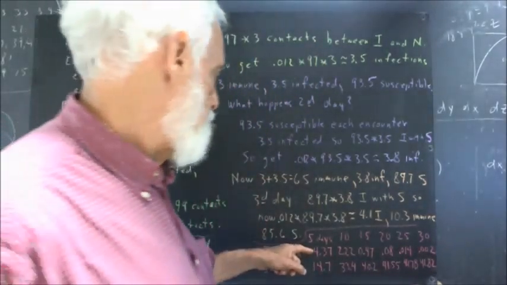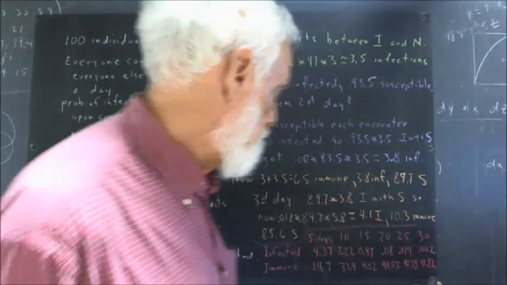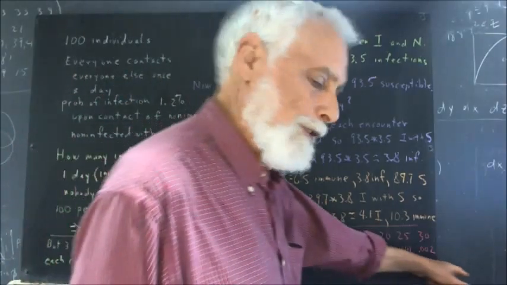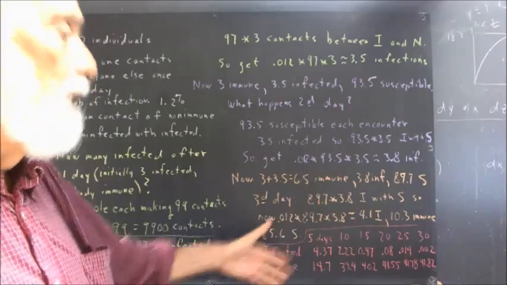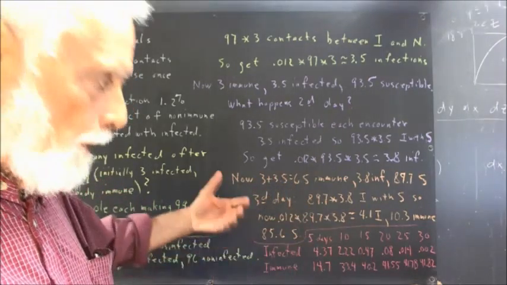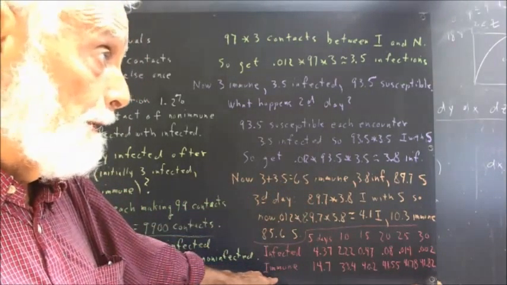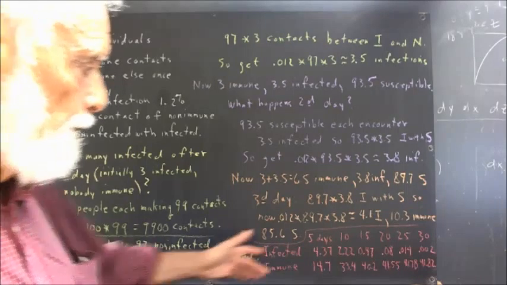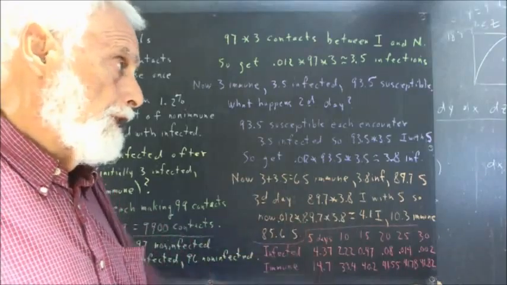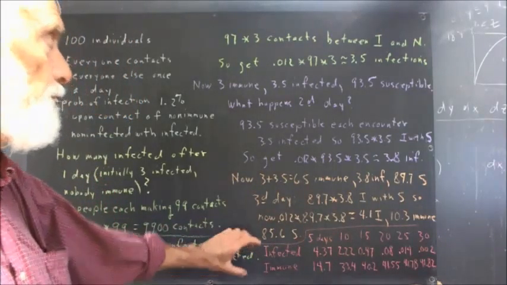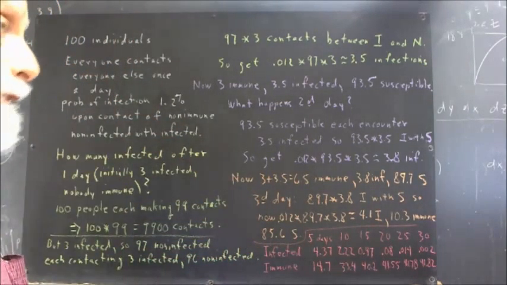And of course, if the number of infected converges to 0, the number of immune is going to have to converge to some value. Because if you don't have any more infections, you don't get any more immune people. Now, it might be kind of interesting to look at these sequences of numbers just on their own to see what they tell us, but this pretty much sums up what we get from this infection model.